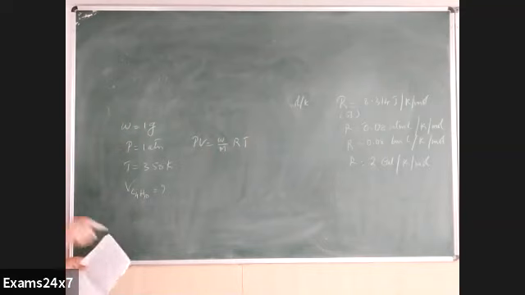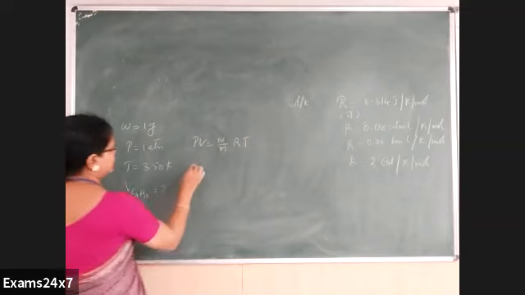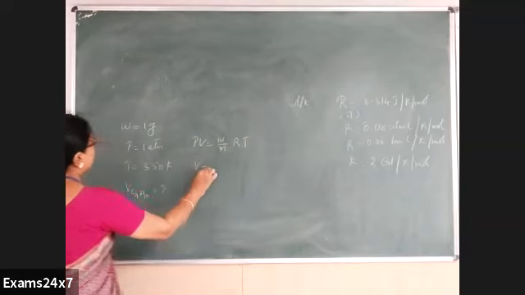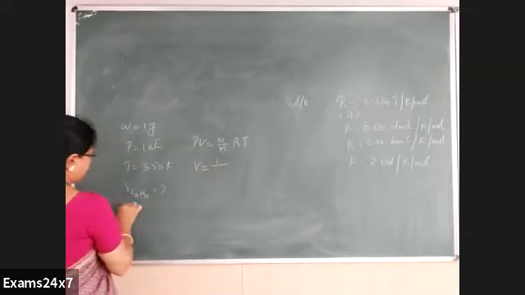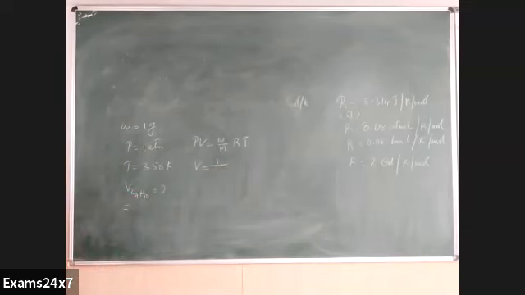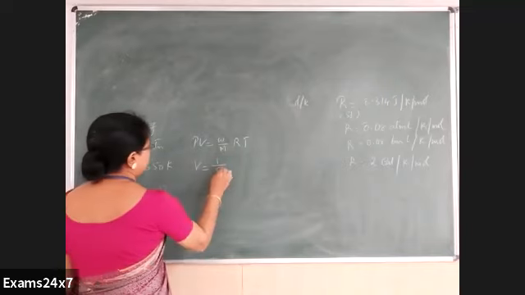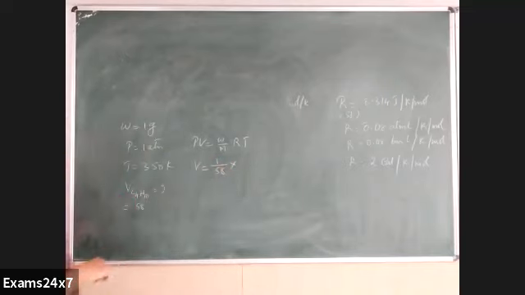1 gram each. That means butane is also 1 gram. We don't require the rest of the gases. So we are bothered only about butane. So V of butane equal to mass 1 gram by molar mass. How much will be the molar mass? 4 into 12 plus 10. 48 plus 10, 58, no? 1 by 58 into, okay, again, which one will be the value of R?